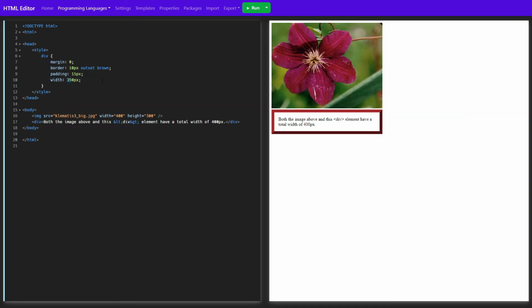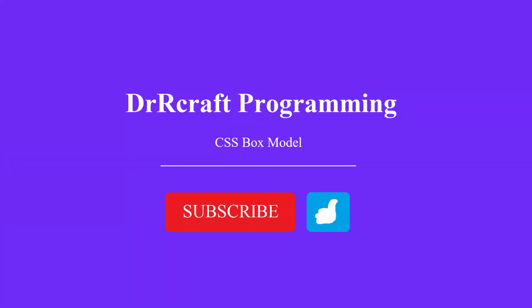If we set the width of the content area to 400 pixels, you can see that the edges no longer line up. This concludes the